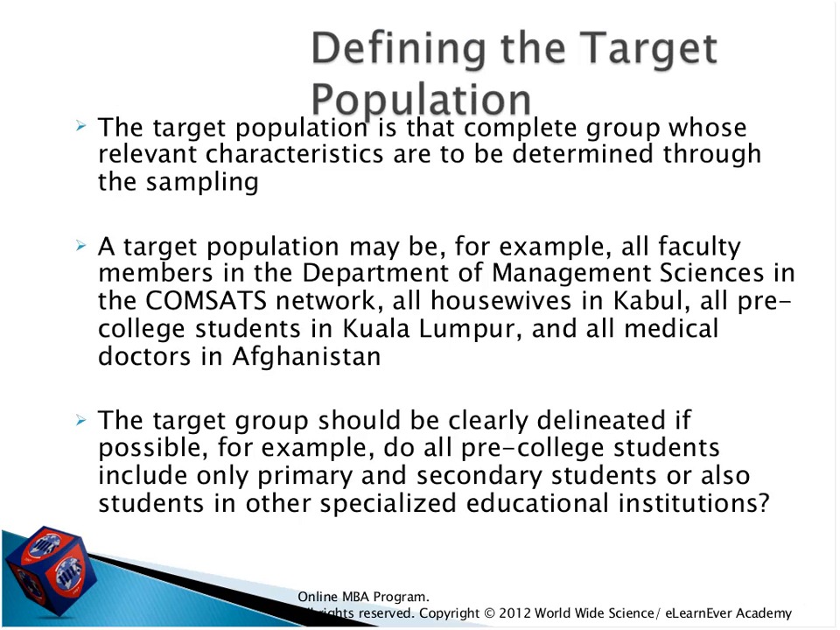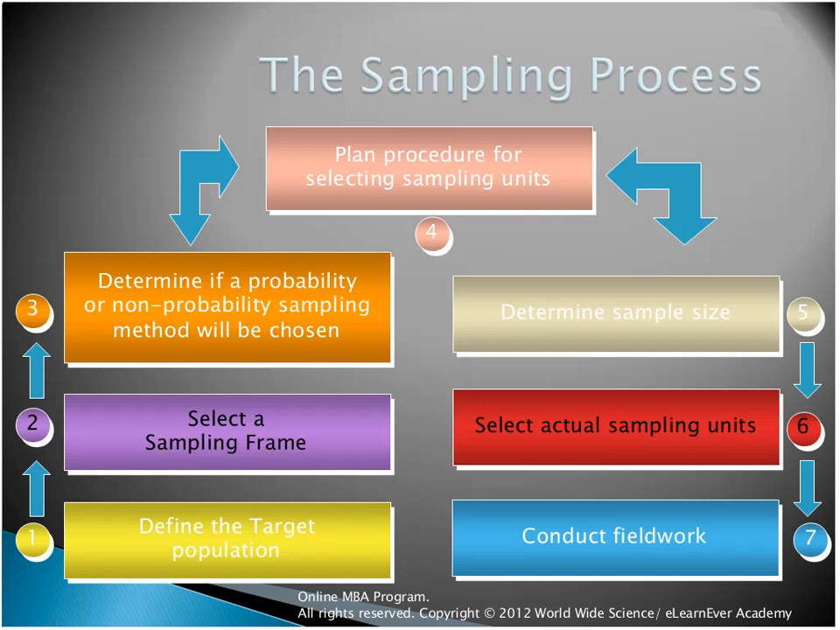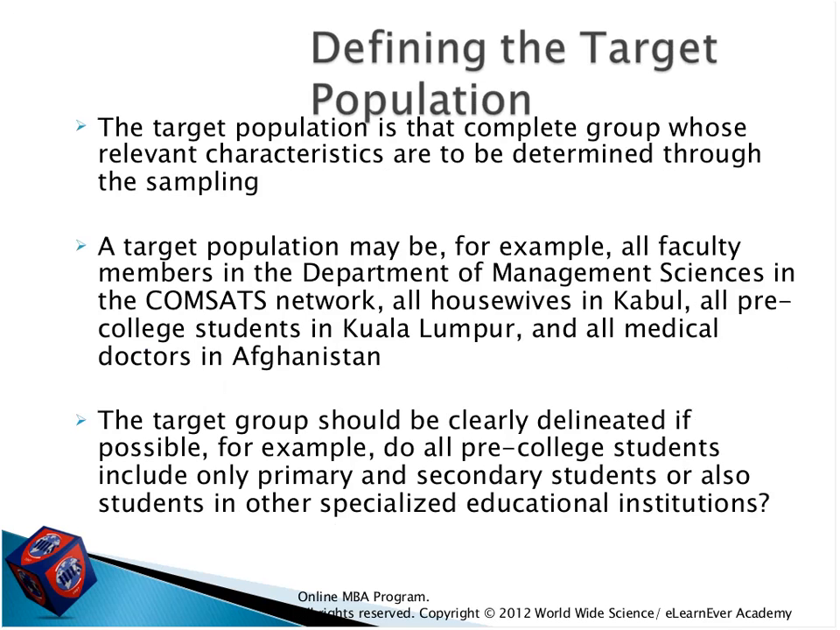And for defining the target population, as we see here in this graph, defining the target population is the first step. So how can we define the target population? The target population is that complete group whose relevant characteristics are to be determined through the sampling. So the target population again is a group under the population that has the characteristics and behavior of the population